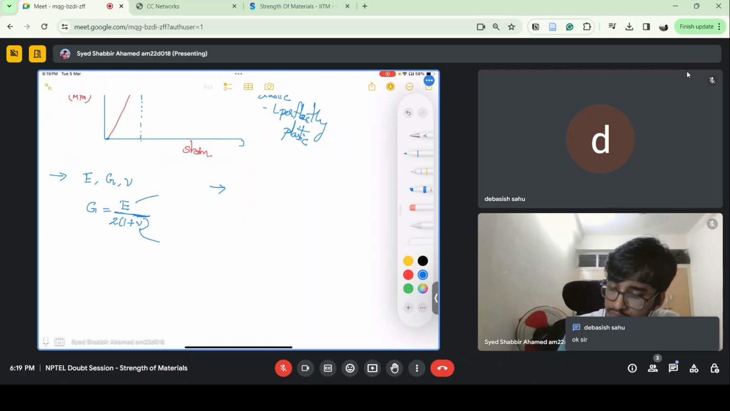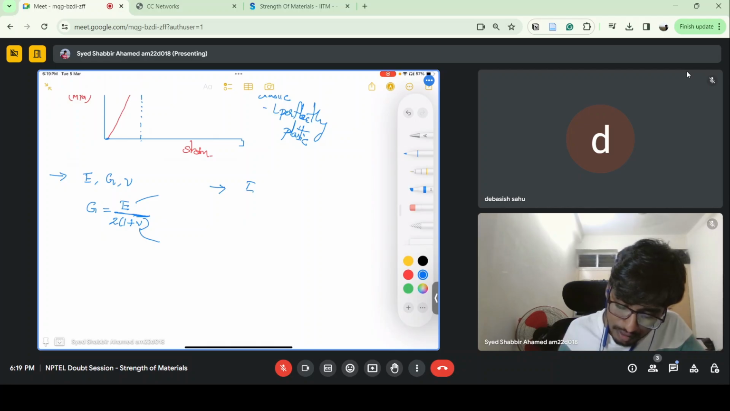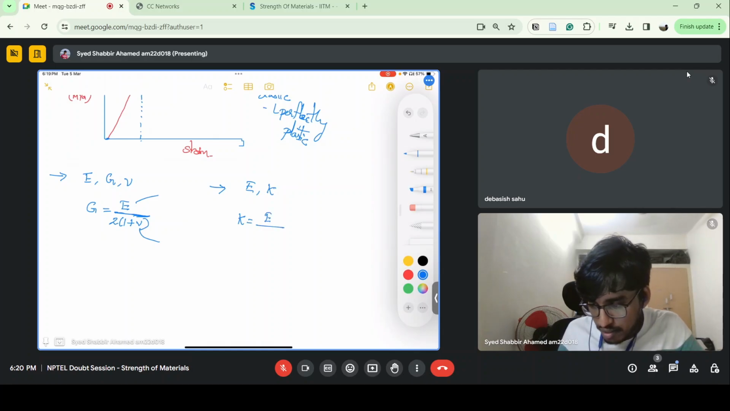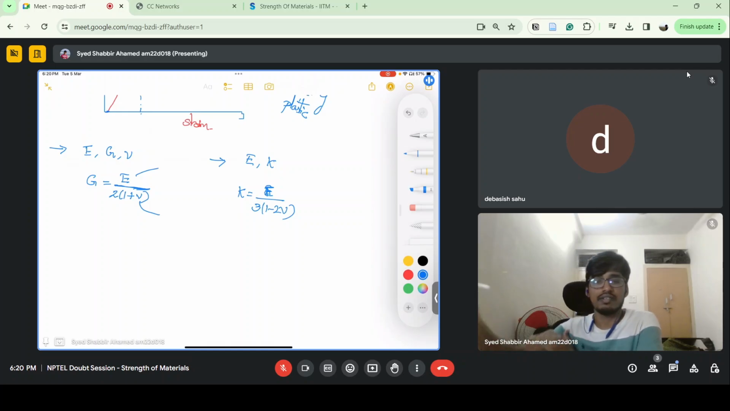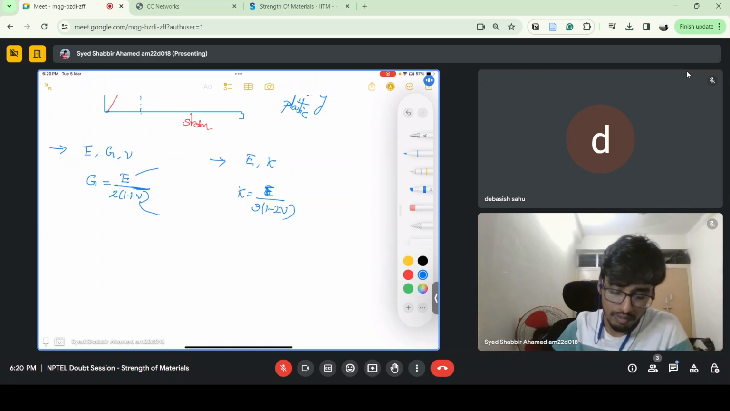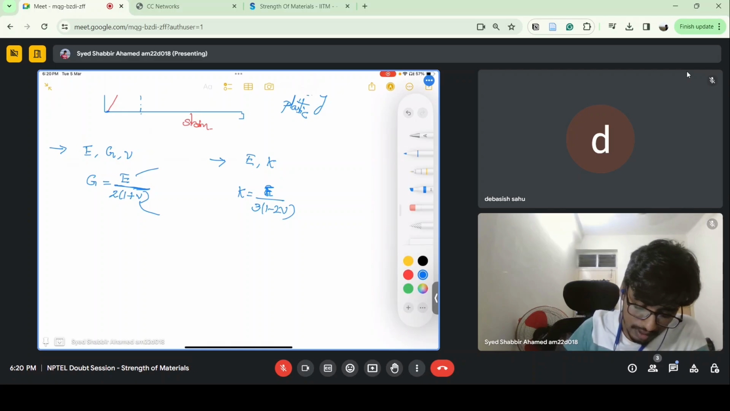And also, we have the relationship between E and K, bulk modulus and Young's modulus, which can be given as K is equal to E by 3 into (1 minus 2 mu). So here also, if we know two, we can get the other one. So bulk modulus can be derived by this. Bulk modulus is basically,